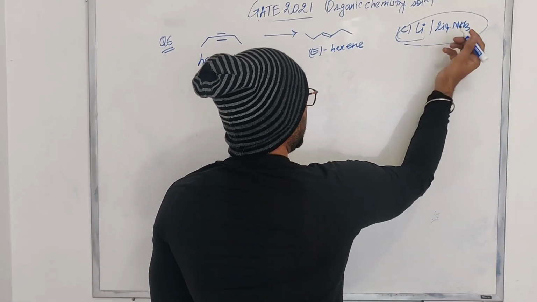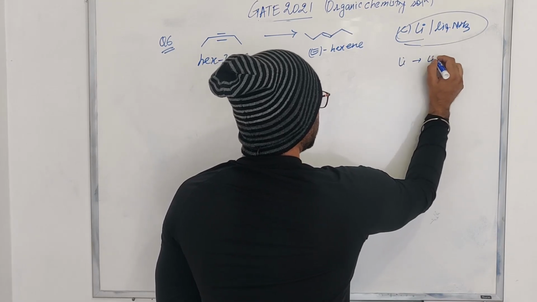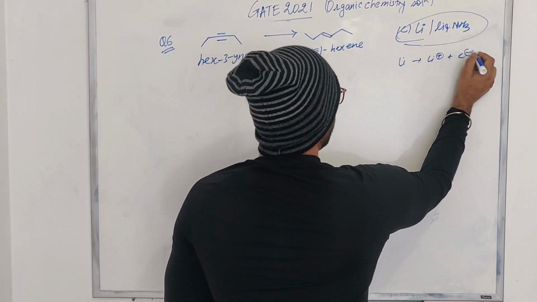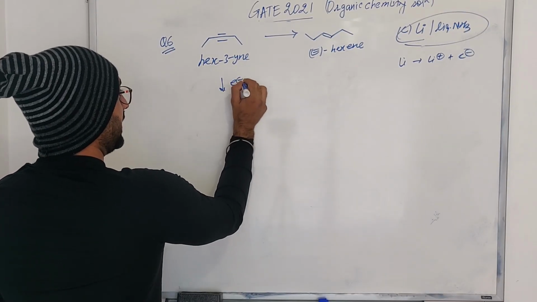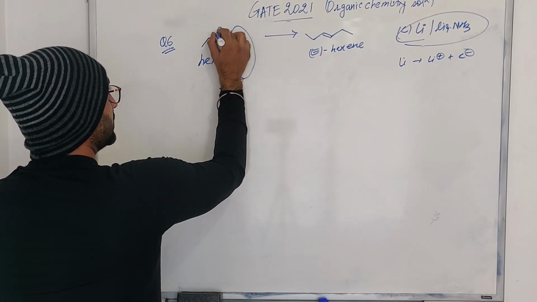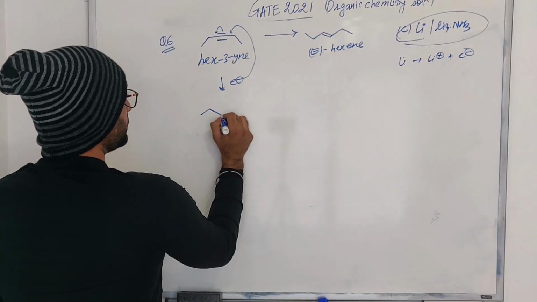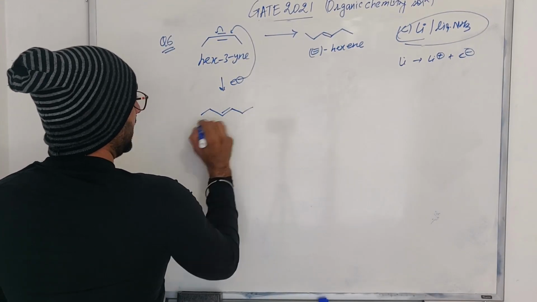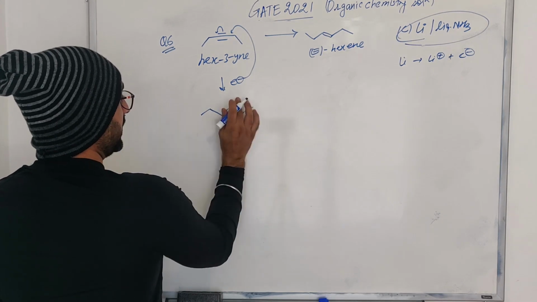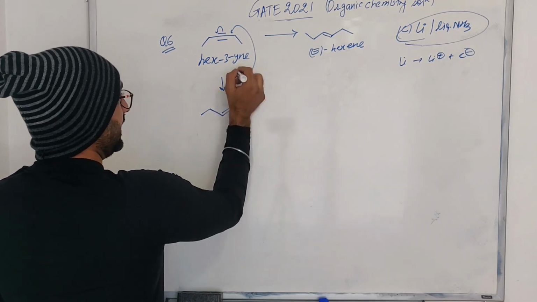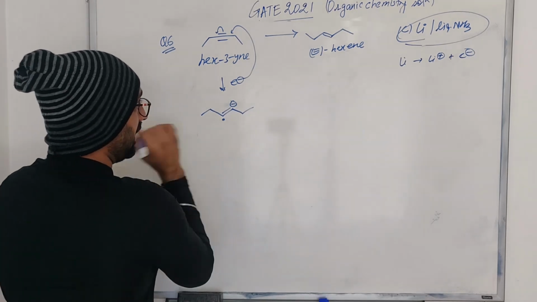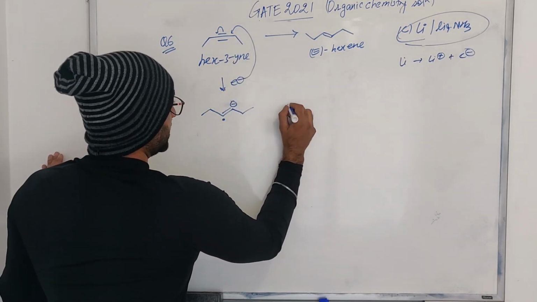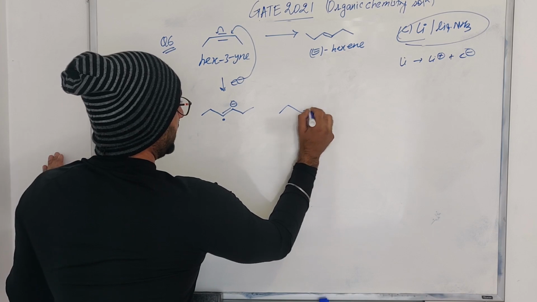We know that in the case of lithium in liquid ammonia, the reaction takes place via the attack of the electron. ठीक है, so जब आपका electron इस alkyne के ऊपर attack करता है, so this particular bond moves. ठीक है, so you can have 2 scenarios. So what you have is a radical, and a negative charge here. ठीक है, इस electron ने यहाँ पे attack किया, and what you can have is a radical here. Suppose आपका attack करके there are 2 situations. Let us suppose इसको मैं ऐसे लिख देता हूँ.